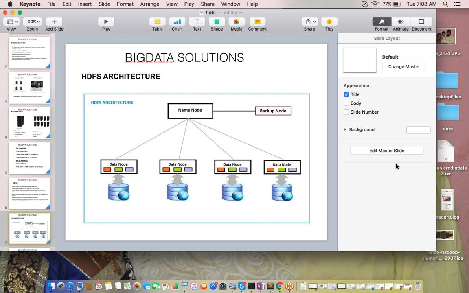Let's say he has 40 members in the team. When he has 40 members, he has to manage everyone. He has to get the status from everywhere: what he is doing, what task has to be assigned, what is his skill. If I assign a database task to the UI guy, he may not be able to do it. All this information will be managed by your lead, right? So in that situation, your lead will not take any story points. It means your lead will not take any bugs to fix. He will just manage. The same when it comes to HDFS, your name node will not store any data